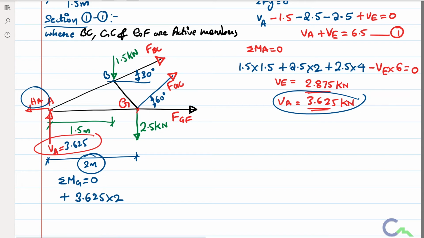Then we have one more force, that is 1.5 kilonewton. If I shift in the line of action, it is not going to pass through G. For my convenience, I can shift that 1.5 kilonewton force here. If I apply about G, it is going to rotate in anti-clockwise direction. Therefore minus 1.5 into perpendicular distance will be this distance. So total is 2 meter. If I deduct 1.5 meter, that will be 0.5 meter.